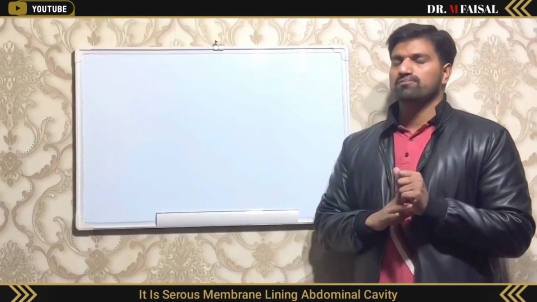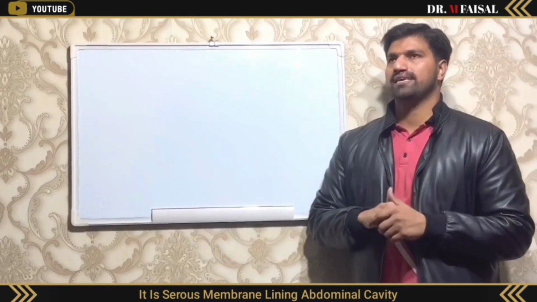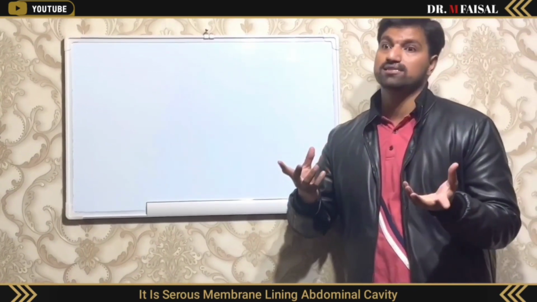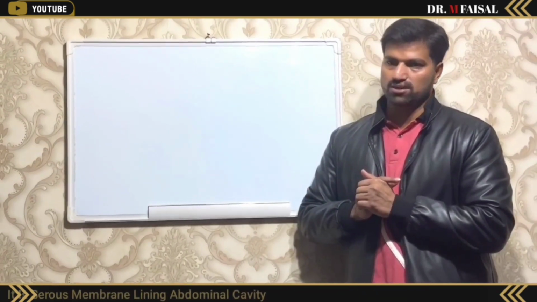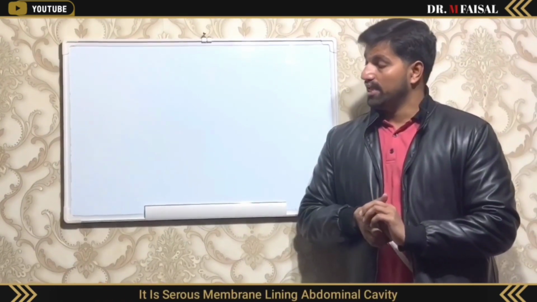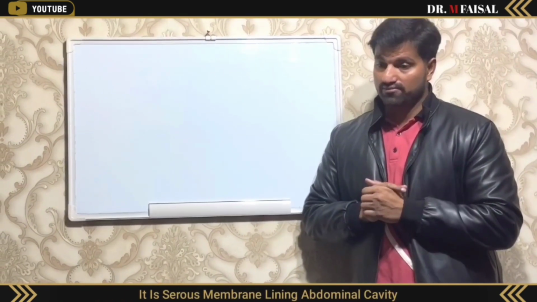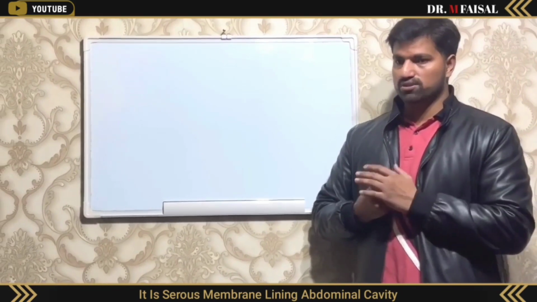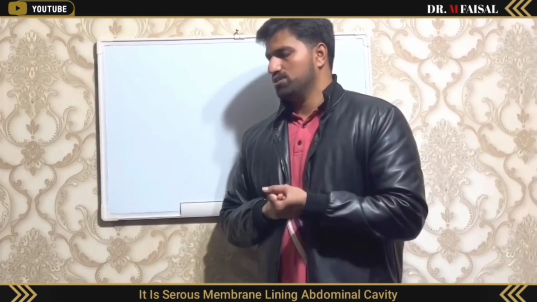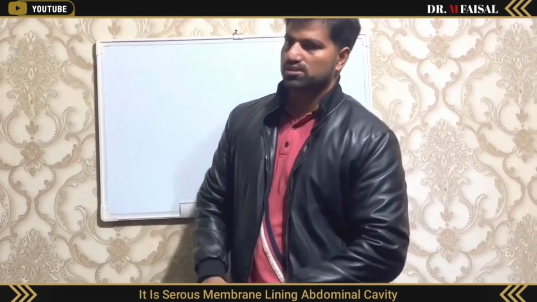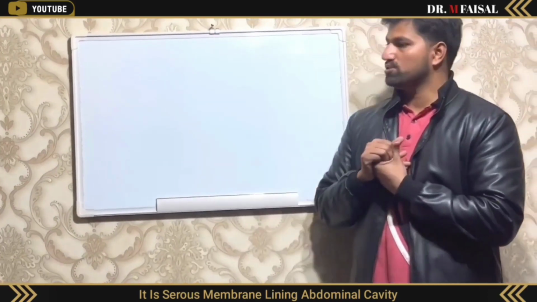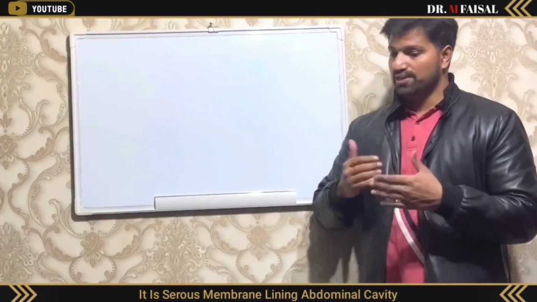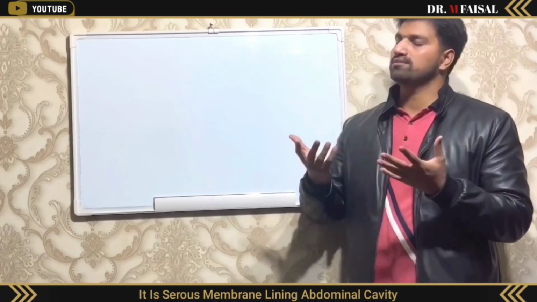And why are they important? Because that sac is also used for peritoneal dialysis in end-stage renal disorders, renal failure, and they are the most dependent parts. When you have any pus or infection and you are in the upright position, that pus will go towards that pouch. And the most important pouch is the pouch of Douglas, that is present just behind the vagina,